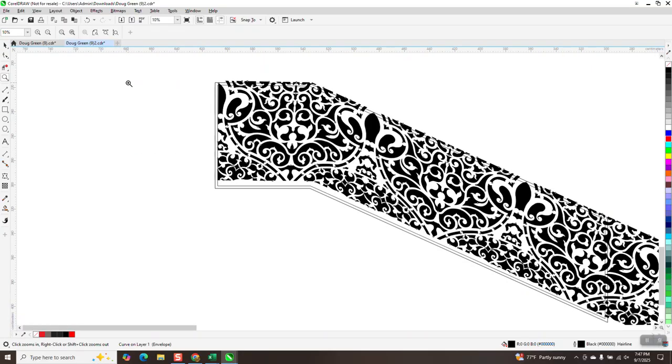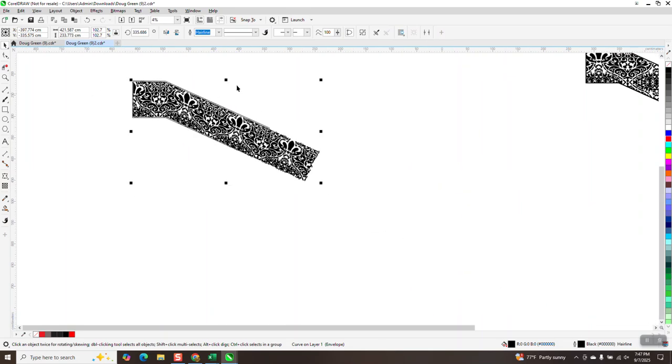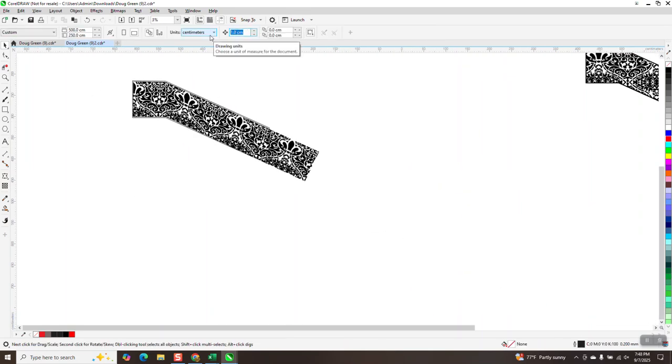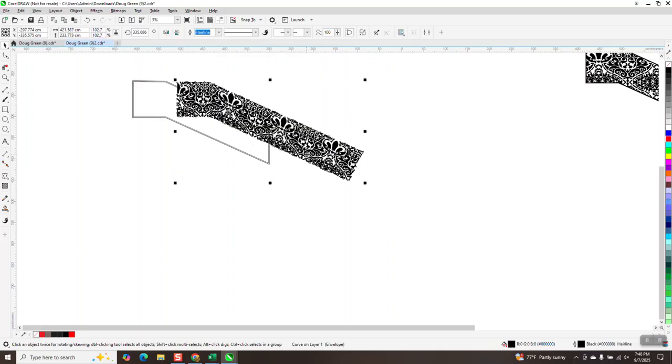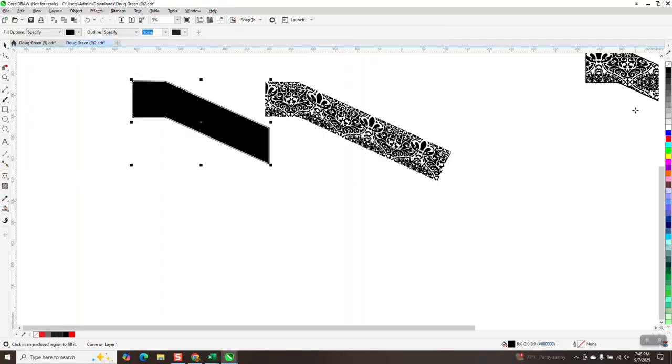Kind of line it up. Still got our nudge factor set low. Somewhat close. And now let's set our nudge factor to 50 and nudge this out of the way 4 times, 5 times. Then take the Smart Fill tool, set it on red, move it over,